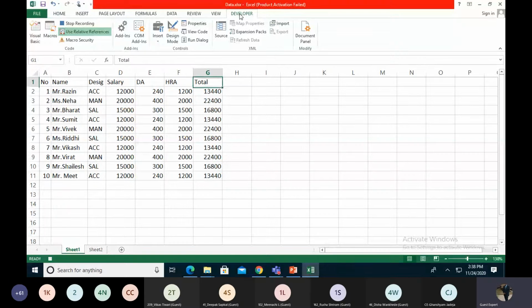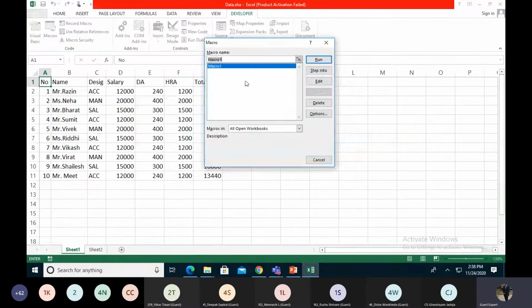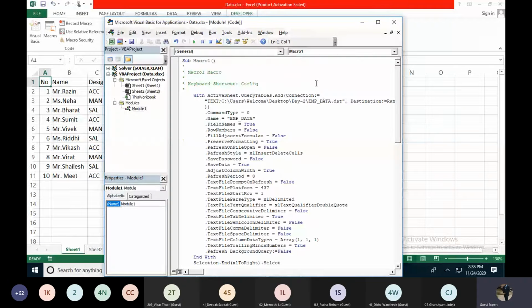Okay, remember one thing, I have to stop my macro on A1. This is my ending point. So over here I'm clicking the relative reference and stop macro. Okay, my macro is already recorded. I'm going to the Macro section and this is my Macro 1. I'm going to the editing section. This is my editing macro.